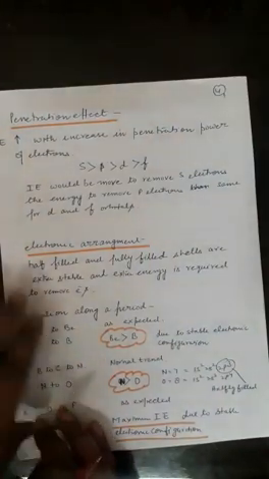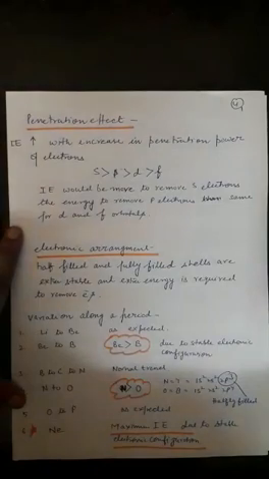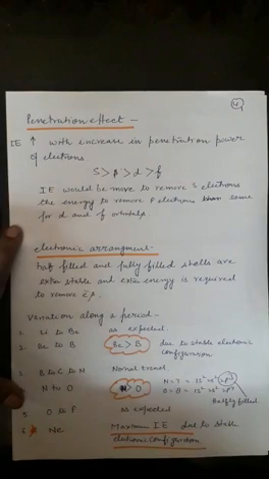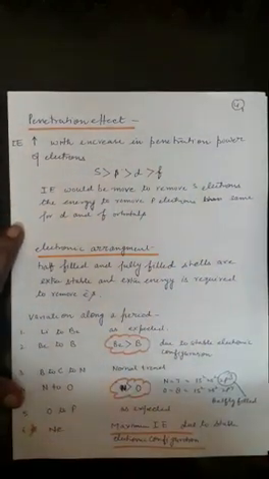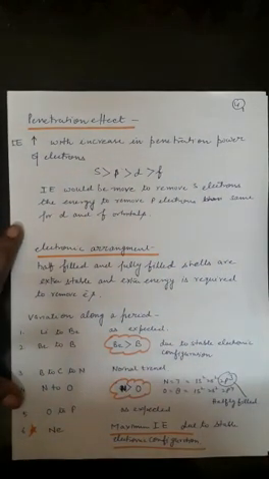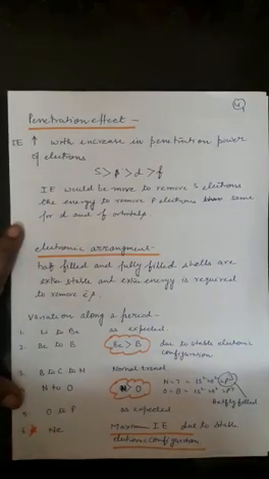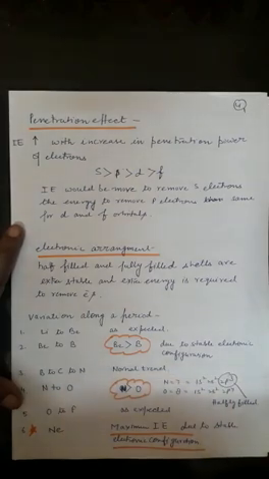Penetration effect. See, if we have to remove the electrons from s orbital, p orbital, d orbital or f orbital, then penetration effect plays an important role. As we all know, s electron is present inside, after that p, and then d is situated, and after that f orbital is located. So s orbital is near to the nucleus, so it is very difficult to remove the electron from the s orbital, then p or d or f orbital, and that is called the penetration effect.